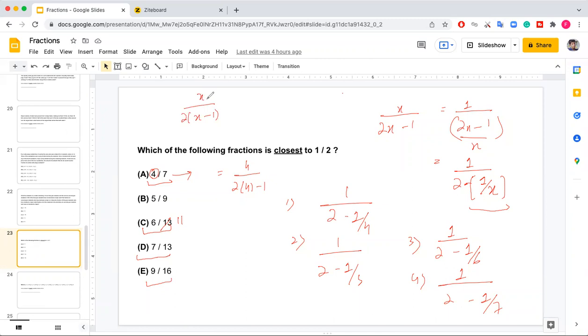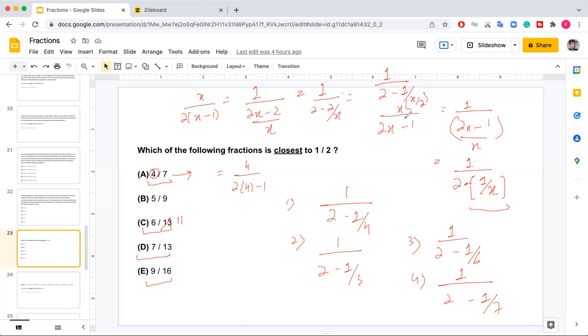Because when x is 9, this will become 16, right? If you again try to do this way, this is 1 over 2x minus 2 by x, right? So this will be 1 over 2 minus 2 by x, right? And we can further simplify as 1 over 2 minus 1 over x over 2,